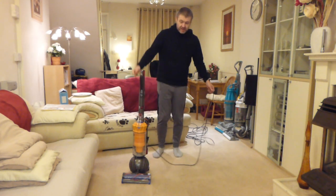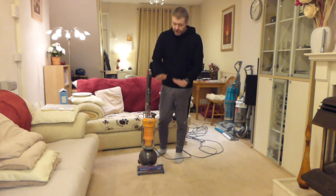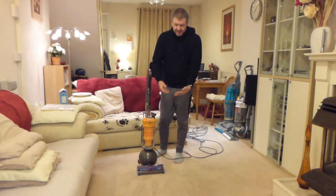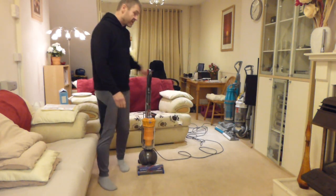So yeah, that is harder to push on that setting. So what you're basically doing now, you're drawing all the air through the bottom of the floor head with no leakage whatsoever. That's basically pulling all the airflow through the carpet, and it really, really does. I mean, if I take this camera down now,